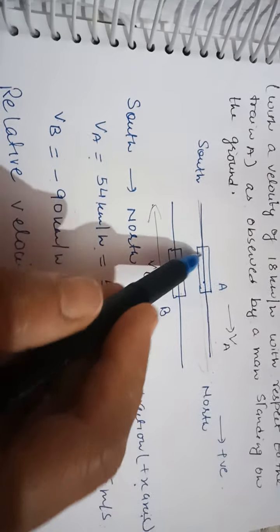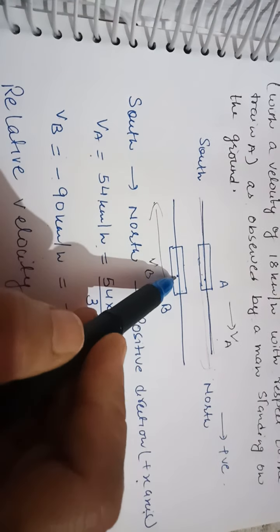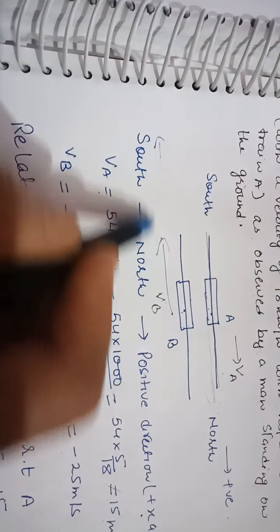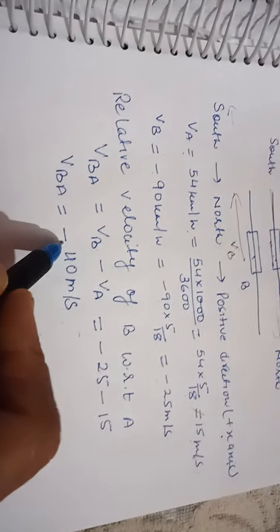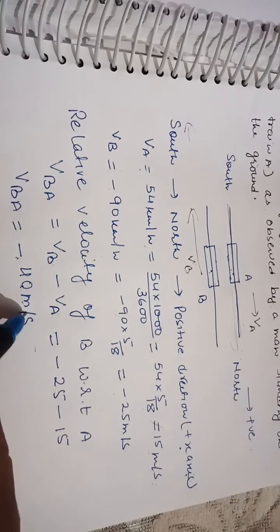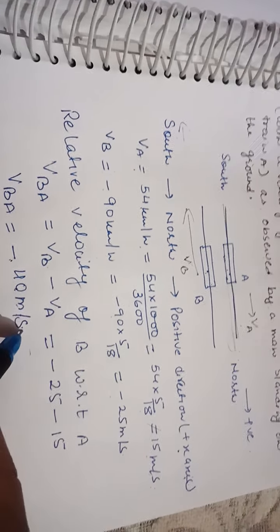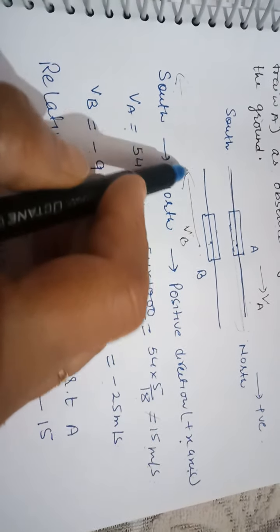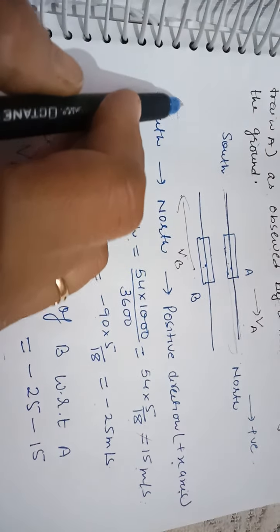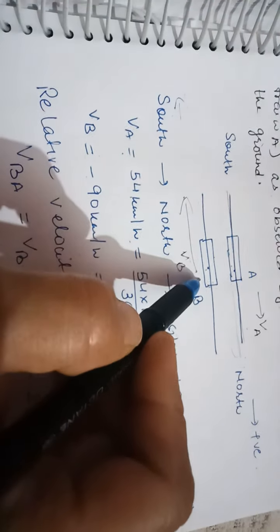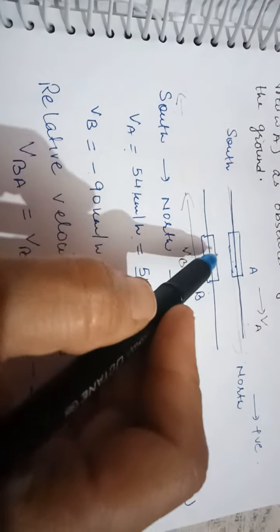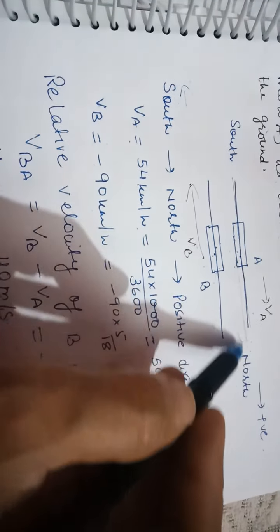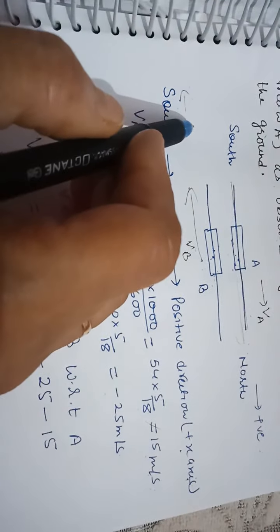That is why for an observer sitting in A, it appears that train B is moving from north to south, the opposite direction, the negative direction, because you have got negative, with a speed of 40 meter per second. The observer sitting in A sees B going in the negative, north to south direction with a speed of 40 meter per second, and the negative sign indicates the separation between them goes on increasing. It is moving forward and it is moving at the back.